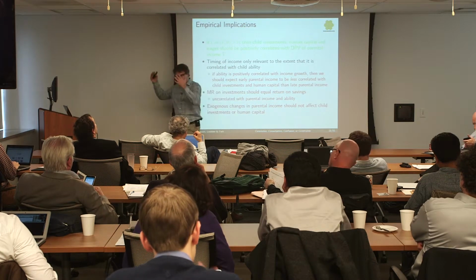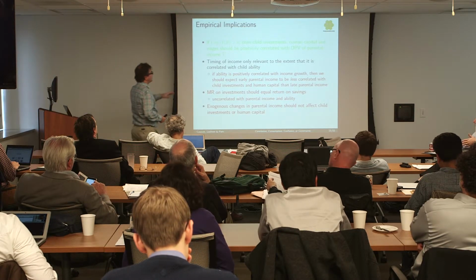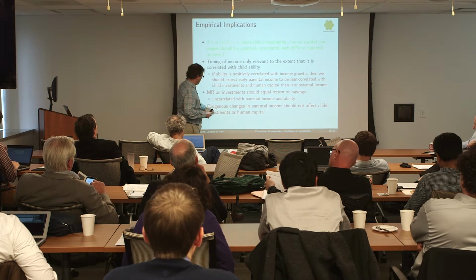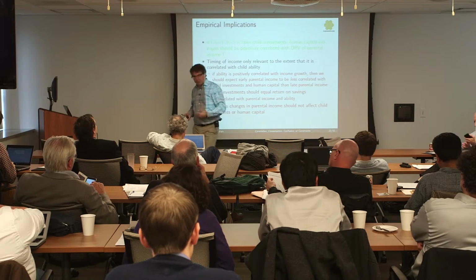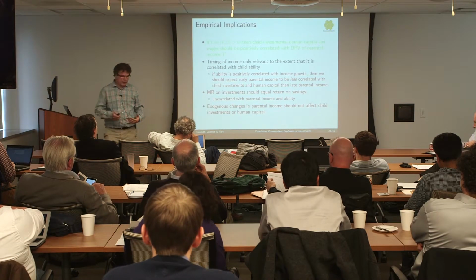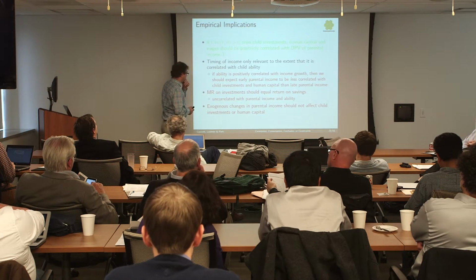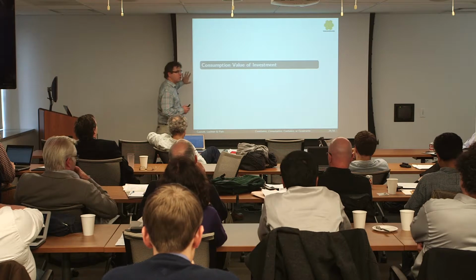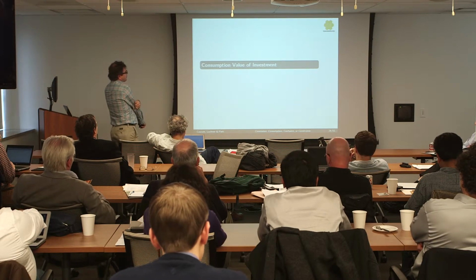So this notion that the returns to early investments are high, particularly for poor children, can't be explained by this simple fact alone. It's also not consistent with this story. It can't help us understand why exogenous changes in income affect human capital. It's like the omitted variable problem, essentially. That's all I want to say. This is not a big point. The more interesting points are going to be the information and constraint stories.